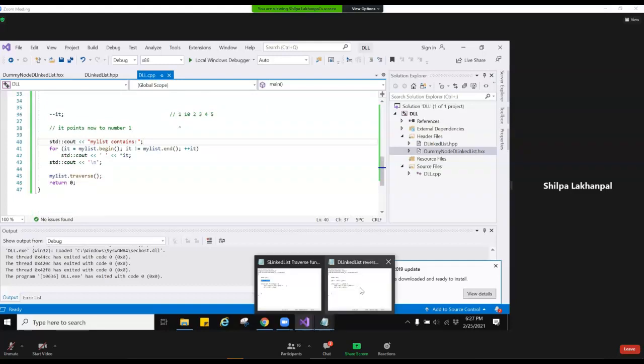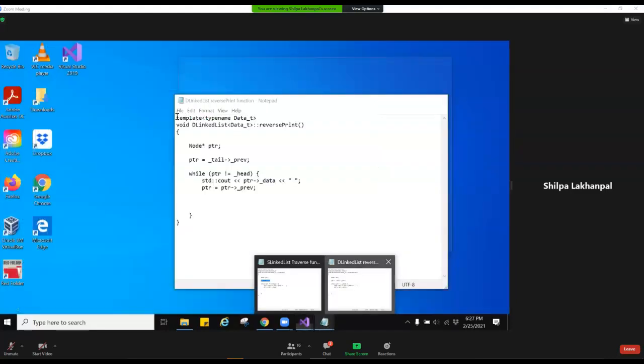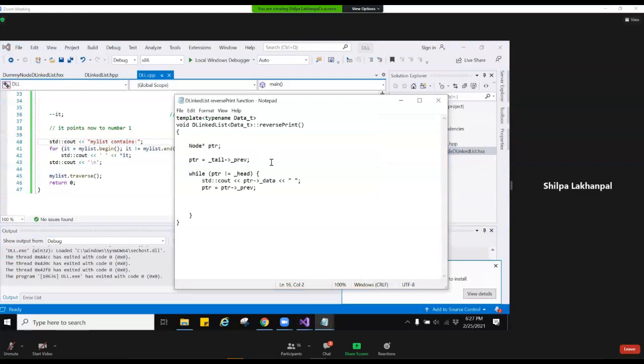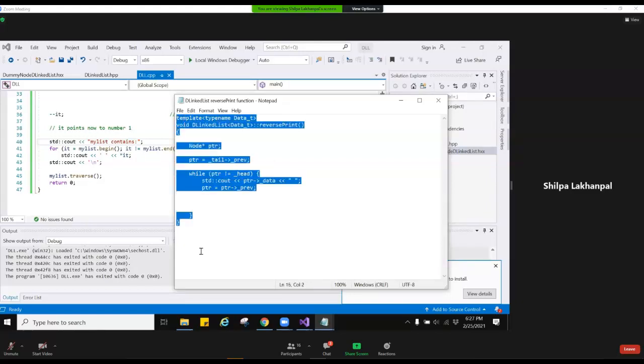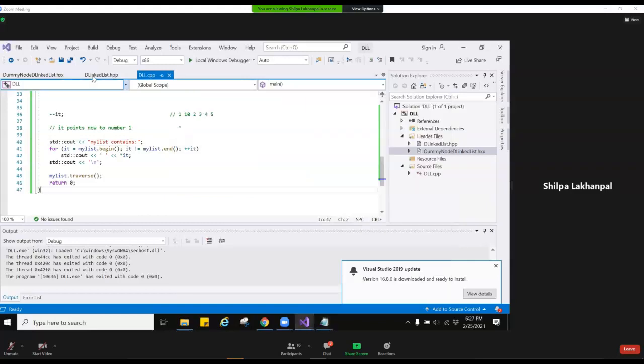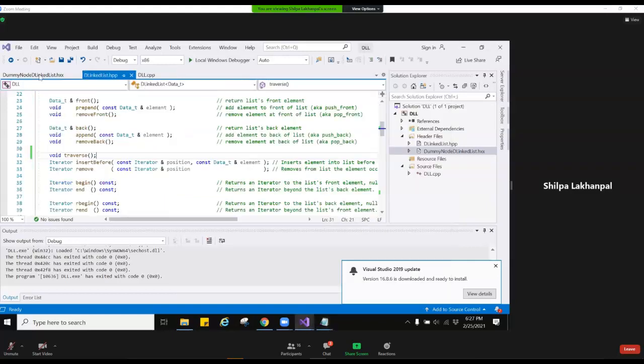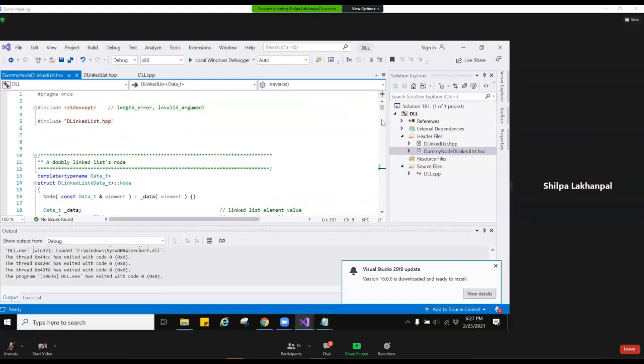So my reverse print I have written, but I need to test it. So maybe I start writing it on paper. But writing on paper doesn't do anything unless you actually check it's working correctly. So you have to have the logic for it, yes.